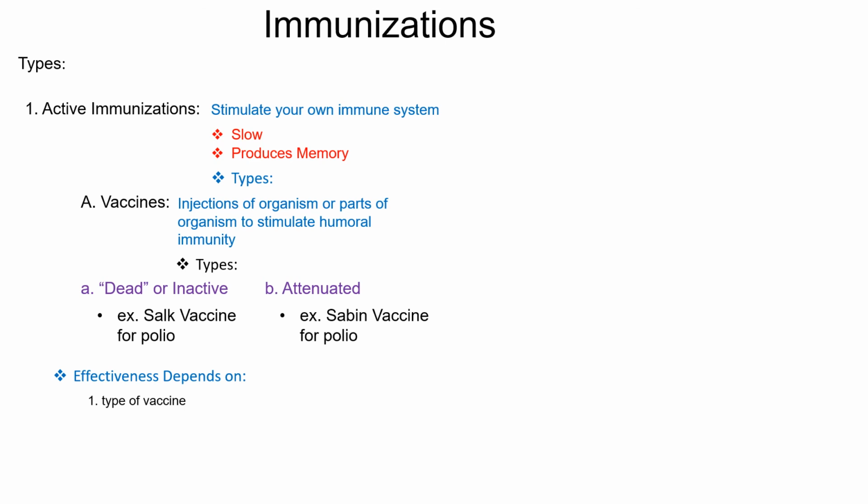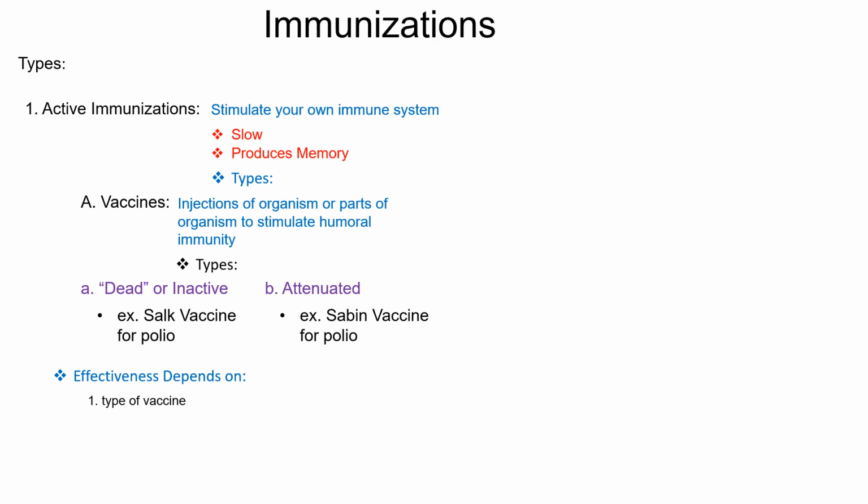The problem is it can also make you sick. So keep that in mind. When we look at vaccines, remember too that these can only be given to people that have a fully functioning immune system. Remember that, because if you put an attenuated vaccine into somebody who is immune compromised, that would be a big problem, because they would get this disease, and in them it may not be mild, it may be serious.